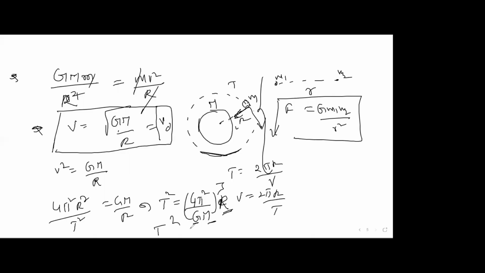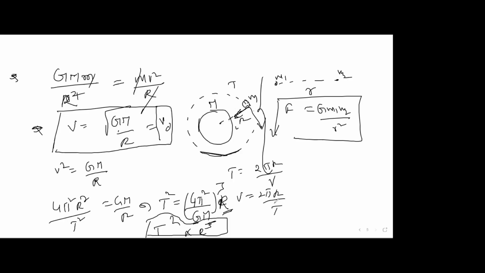So you can say T square proportional to R cube. It's the kind of proof for Kepler's third law, by taking the average radius as the radius of the path of the planet around the sun. So T square is proportional to R cube. So this is called what? The square of the time period is proportional to the cube of the average radius vector, which is known as